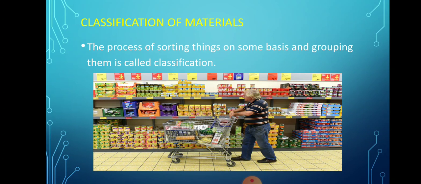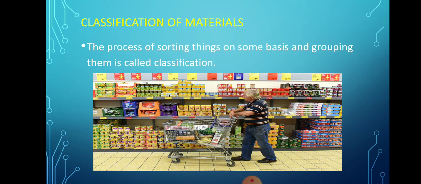Is it so that one salt packet is kept along with the sugar packet, with a tea packet, everywhere? If you find all these things scattered, it will be very difficult for you to find them. So if they have been grouped properly, you can easily get it and buy it. So here in this discussion we have one need for classification. What is that? To locate them without delay and to study their properties conveniently, classification is needed.